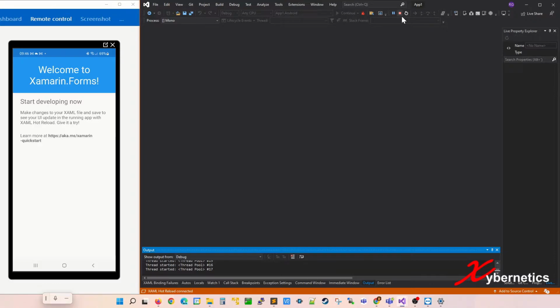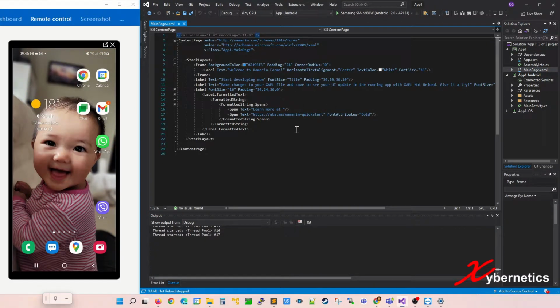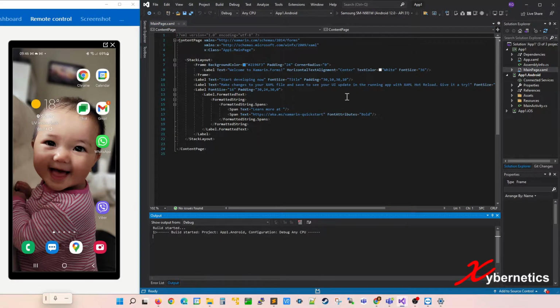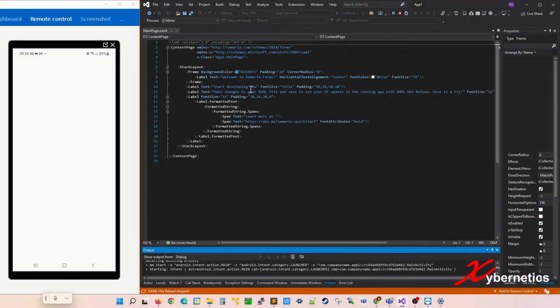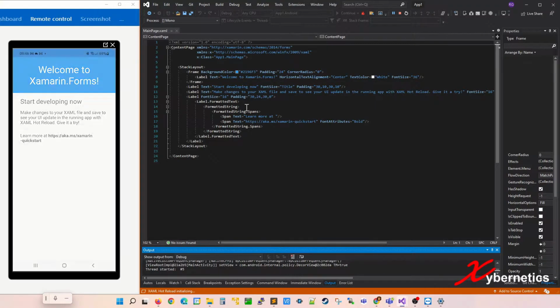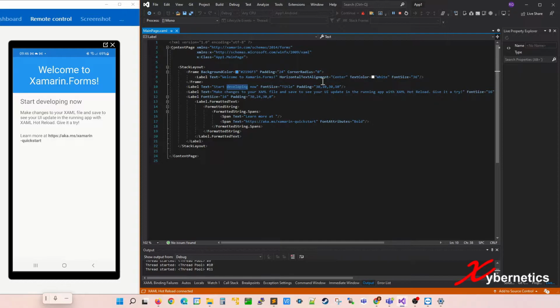So right now, if I were to stop here and go to my main page, this is what it looks like. Let's run it again. We'll come up with the same page here. And what hot reload does with a USB connection is that it allows you to make those changes live on your code, and you can see those changes come right away. So let's see if I change this to like that. You can see the changes come right away on your mobile phone there. So I'm just gonna leave it like that. So on with our